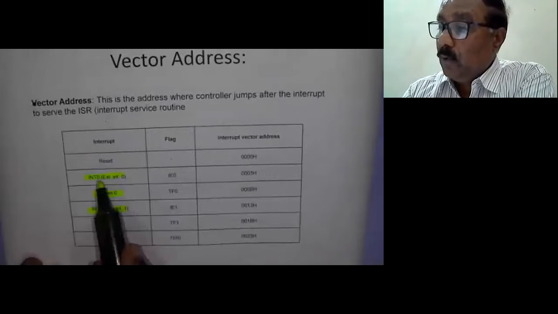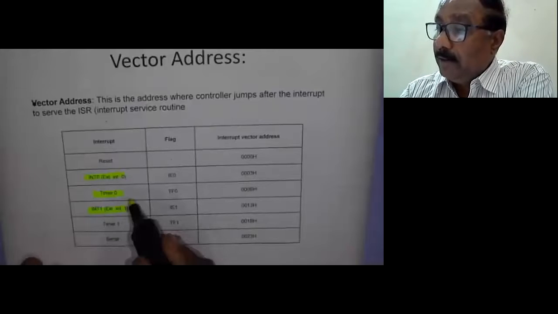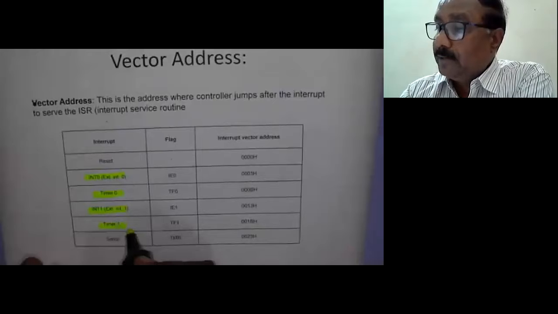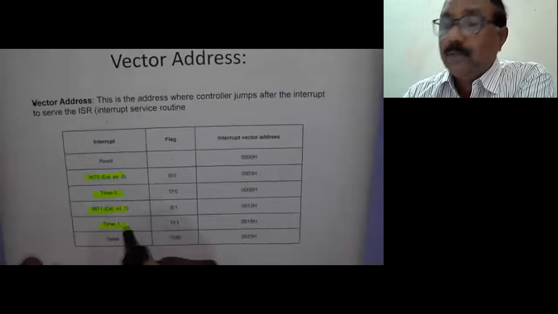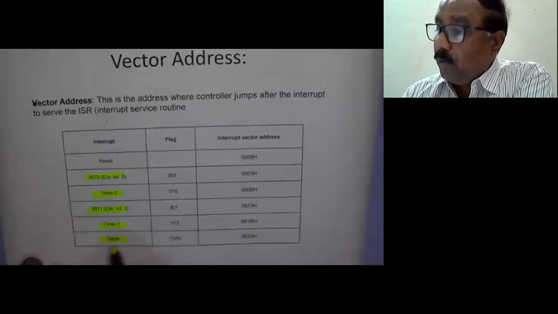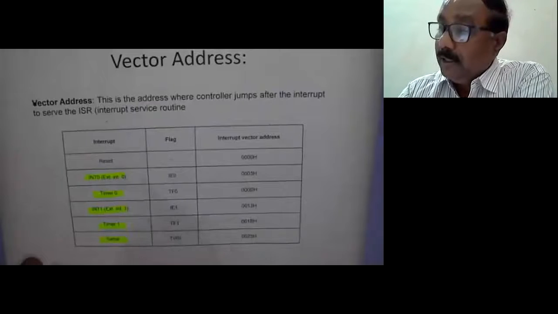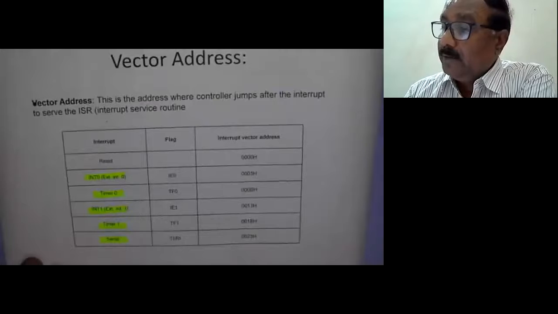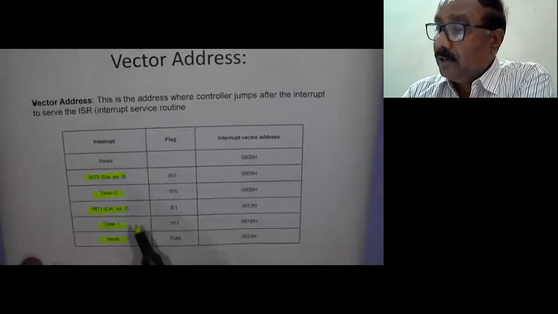So INT0 and INT1 are two external interrupts. And for timer 0 and timer 1, there are two interrupts. These are the software interrupts: timer 0 interrupt and timer 1 interrupt. And another one is the interrupt for serial communication. So there are totally 5 interrupts. External interrupts are INT0 and INT1, and the internal, software interrupts are timer 0 interrupt, timer 1 interrupt, and serial communication interrupt.